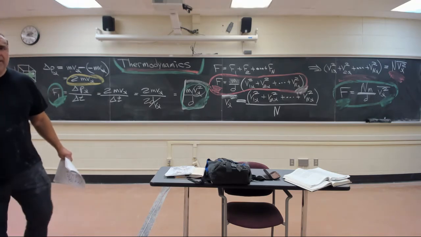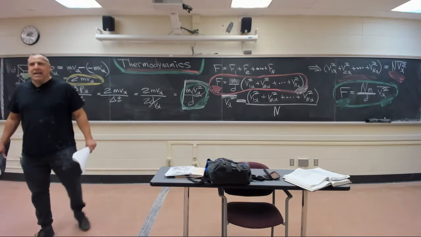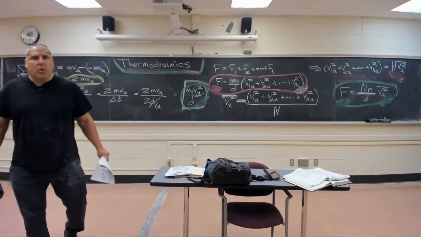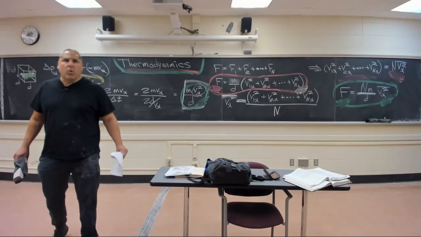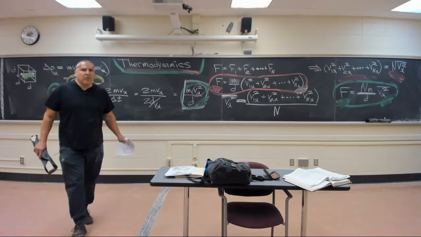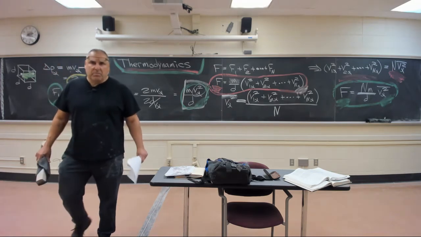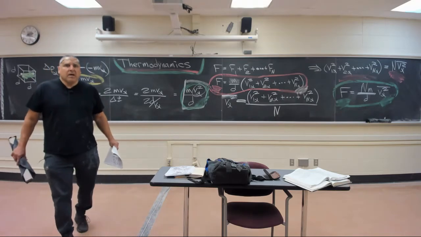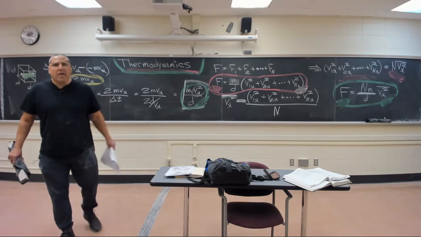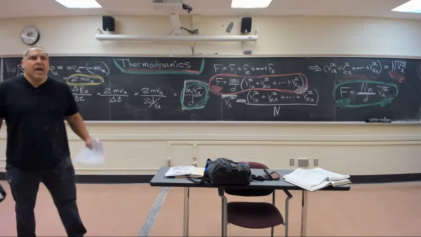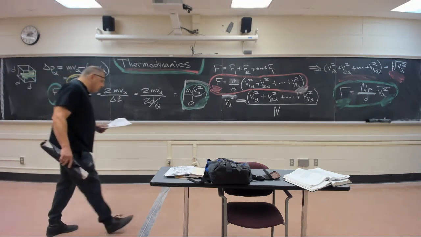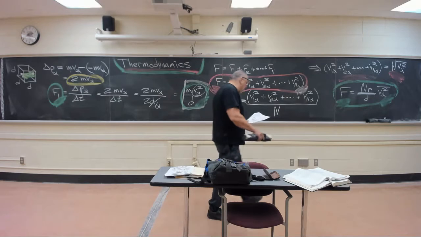What does that mean? That means on average, at any given time, a third of them are going along the x-axis, a third of them are going along the y-axis, and a third of them are going along the z-axis. Capital N is all of them. N over 3 are parallel to the x-axis in their motion at a given instant. Another N over 3, another 1/3 of it. So 1/3 are along the x-axis, 1/3 along the y-axis, and 1/3 along the z-axis. True. Yeah, because the motion is random, you guys,